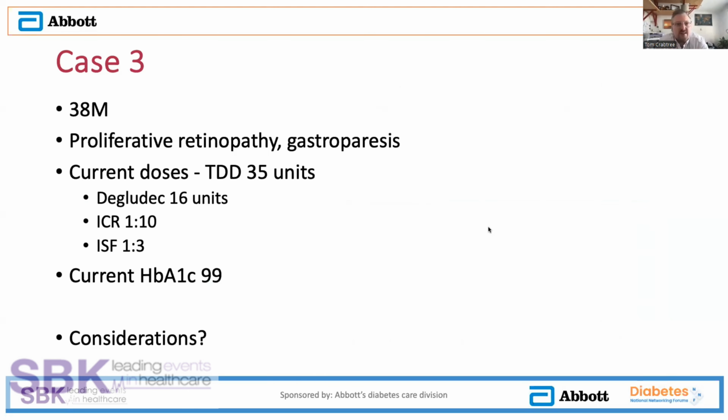The next case I'd like to share with you is a 38-year-old man. He's got really bad retinopathy, so proliferative retinopathy, previously laser treated and only just stable. He's also got gastroparesis, and the problem when you've got gastroparesis is it's really hard to get your glucose levels under control, even with the best efforts in the world, because you don't know how much you're going to eat,